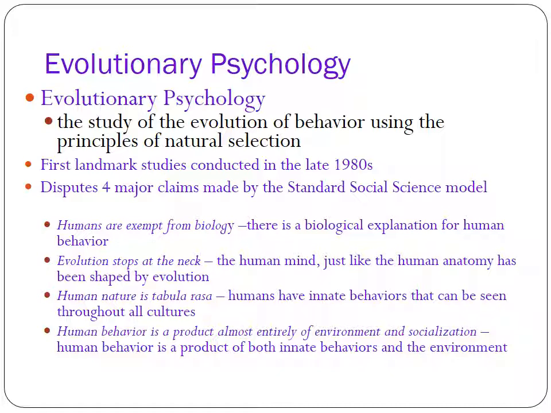We also like to think that human nature is a blank slate, and that it really is just our current environment that creates us. And the reality is that we do have some innate behaviors. There are some things that are literally part of the landscape of who we are, of the entire species of people. And human behavior is not a product almost entirely of environment and socialization. That can't be true. Some of it is DNA. You don't have to memorize any of these, but these help explain what we're going to talk about in the next upcoming slides.